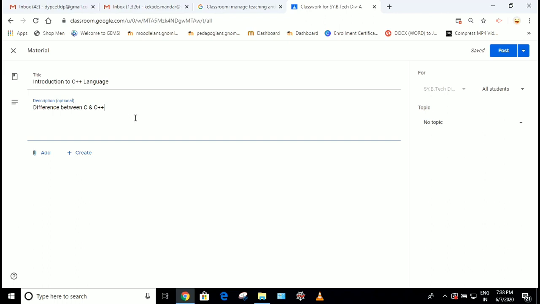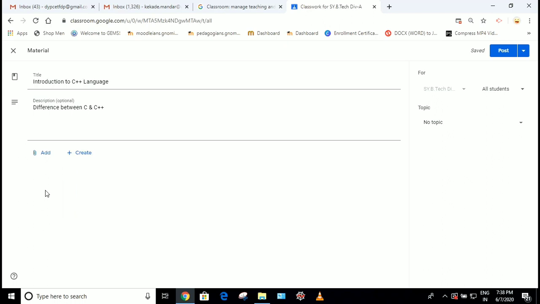The second most important thing is how to add the content. For adding the content, there are two options. The first one is you can add the contents by using Google Drive or an external link or a file from your local system, or you can upload videos directly from YouTube. Second, you can create your own assignments or your own notes dynamically by using Google Docs, Google Slides, Google Sheets, drawings and forms. So these are the two methods in which you can add the content to the particular course.